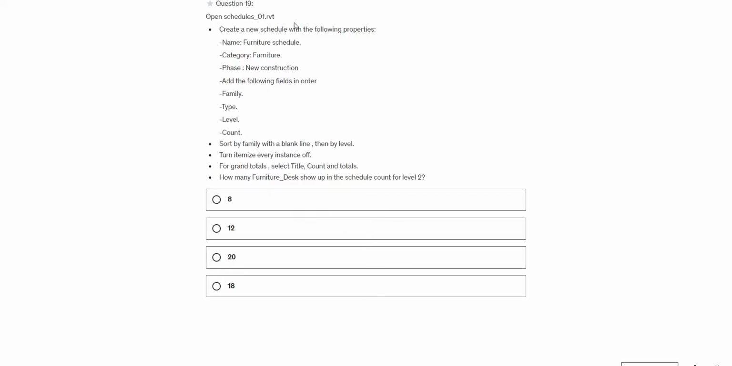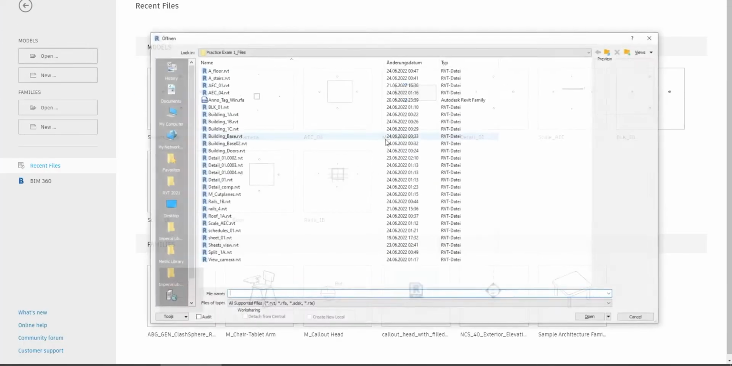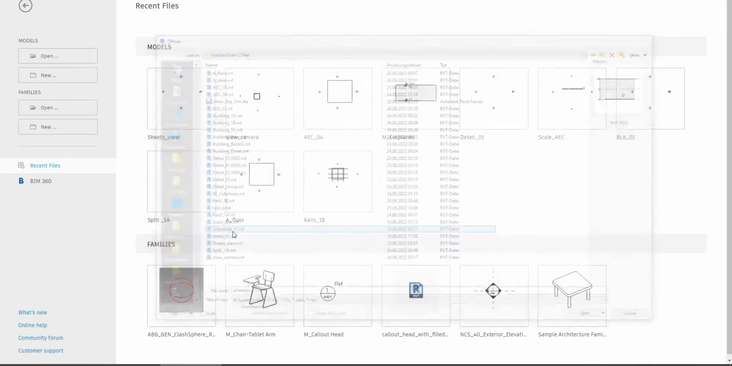Okay, the schedules. The schedule is one of the time-consuming tasks that will be in the exam. Try also to train for this task, and it almost comes in all of the questions and the exams that I have solved. So we'll close this and open schedules,